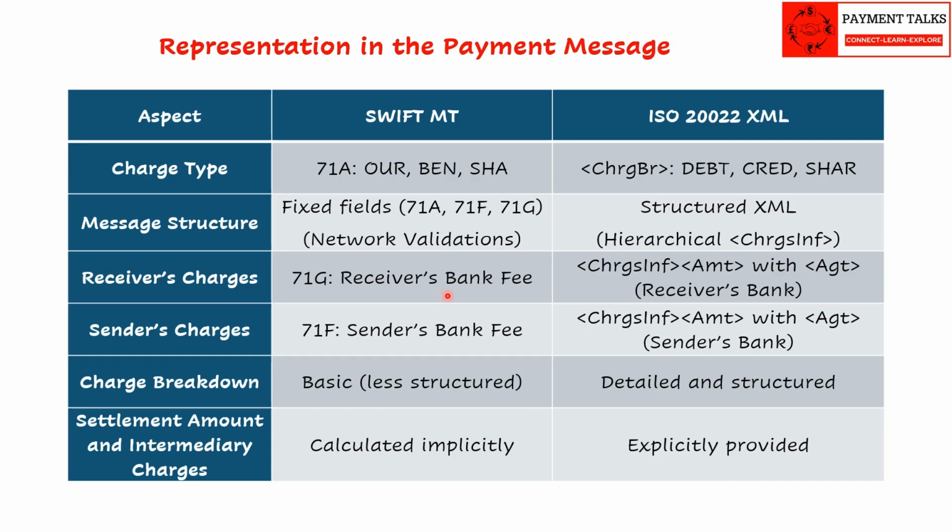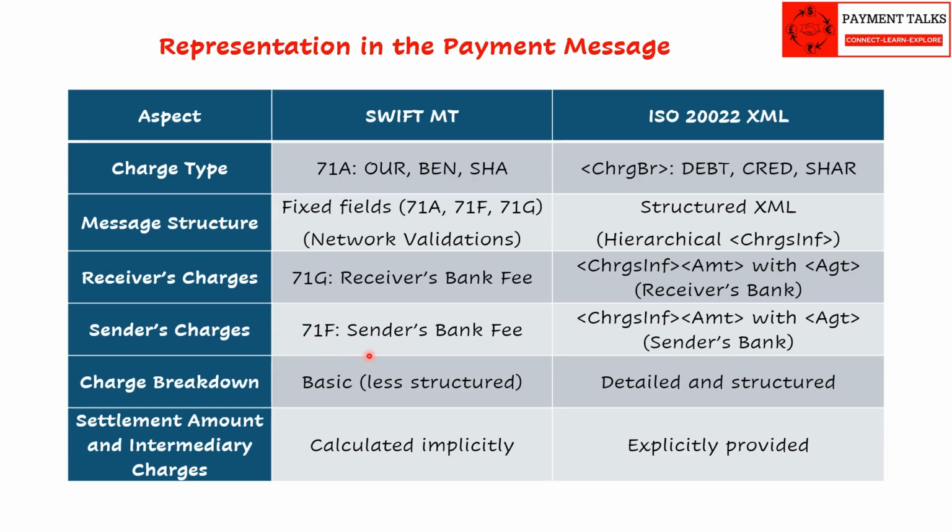When it is BEN or SHA, the beneficiary bank would deduct charges from the payment amount, and there is no point in mentioning charges in the payment message. But in OUR mode, since the sender is supposed to pay the charge amount, the sender bank, based on pre-agreements or based on estimate, can mention the receiver bank charge. In this case, 71G is mentioned with the amount to be deducted, and the interbank settlement amount is topped up over the instructed amount. If you want to understand more about the 71G and its use case, please do comment so that I can cover it in the next videos.